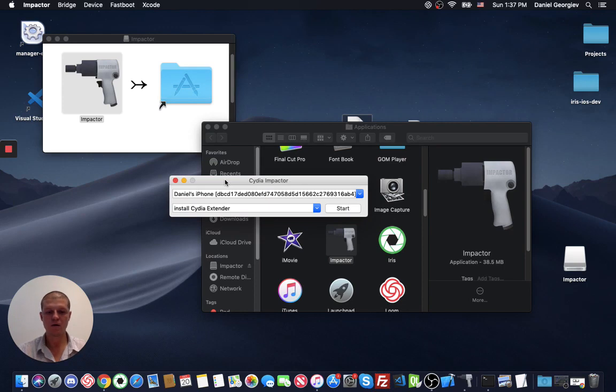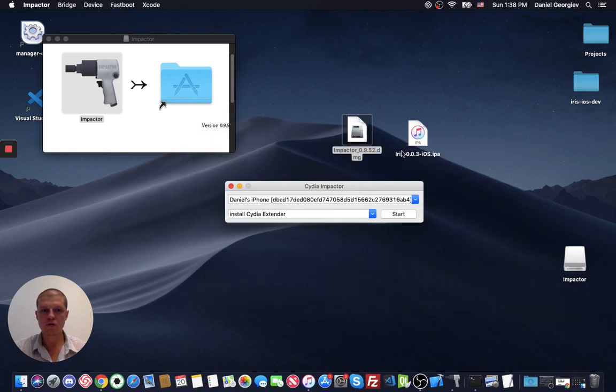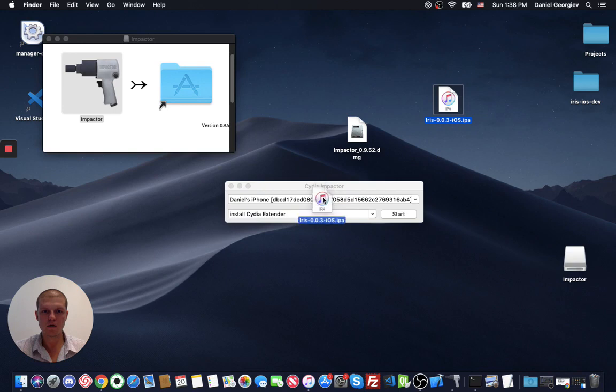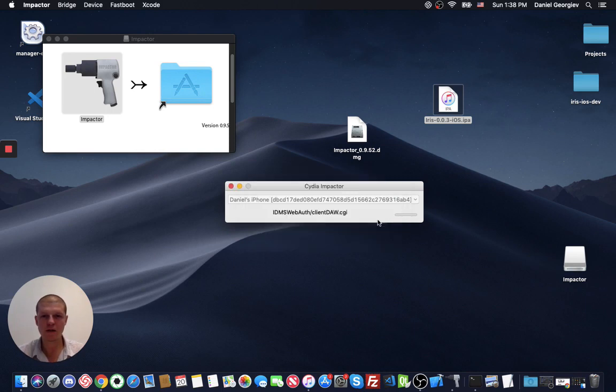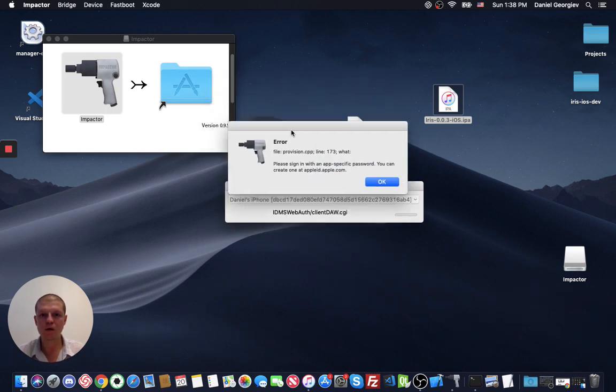This is my iPhone. My iPhone is connected via cable to my MacBook, and what we need to do is just drag this thing here over here, and right now I need to log in. This is my email and I need my Apple ID password, but my actual password I think will not work